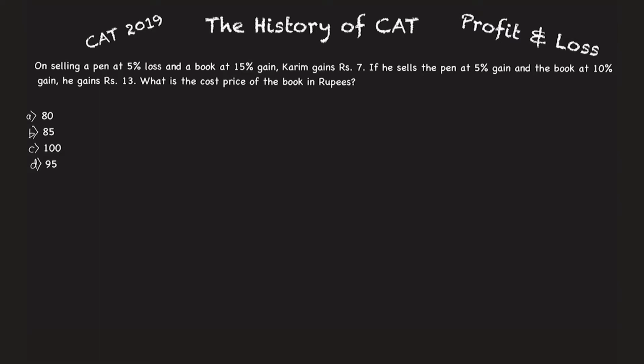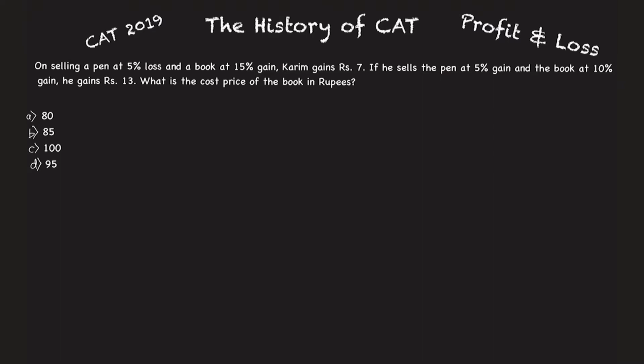So today we solve a problem on profit and loss which appeared in CAT 2019. Now if you are new to profit and loss and have not been through the basics, it is advisable to go through the basic video of storyboard on profit and loss, which is being uploaded on the website. Once you know the basics, it will be easier to understand this problem. So with this disclaimer, let's start with the problem.